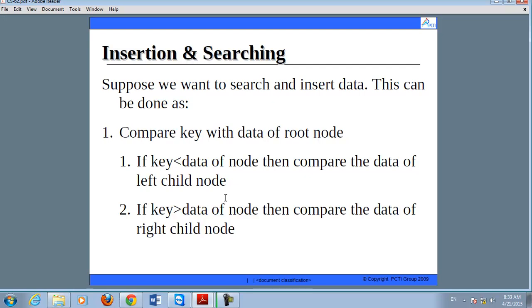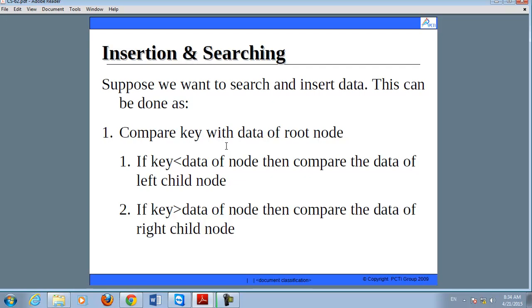Now, insertion and searching. जब भी हम values को insert करेंगे या जब भी हम values को search करेंगे, then we have to perform it step by step. Firstly, you have to compare the key with the data of the root node. जो भी आप value डालेंगे, पहले हमने root node की value के साथ search करा. The value can be less than the data of the root node, or greater than the data of the root node. अब जैसा कि हमने देखा कि binary search tree have the property that the value of left node will be less than the root node, and the value of right node will be greater than the root node.